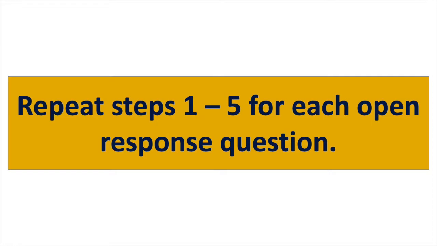So the important thing to remember is that these 4 steps that we just went through: first looking at what the practice being measured in your question is, then looking at your literature analysis for the practices that relate to that overarching practice, and then creating your codes. Then you're going to repeat that process of going in and coding for each of your open response questions. So for each question, you'll be measuring a different practice. You're going to want to go through each time and identify what the practice is, look in your literature analysis for sub-practices that describe that practice, and then create your codes,